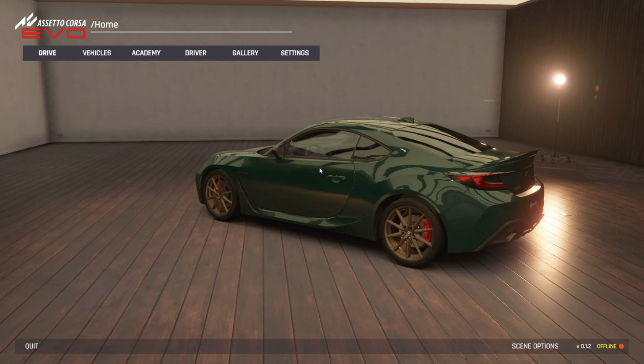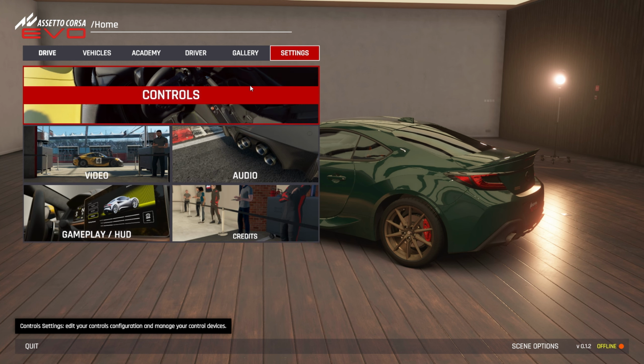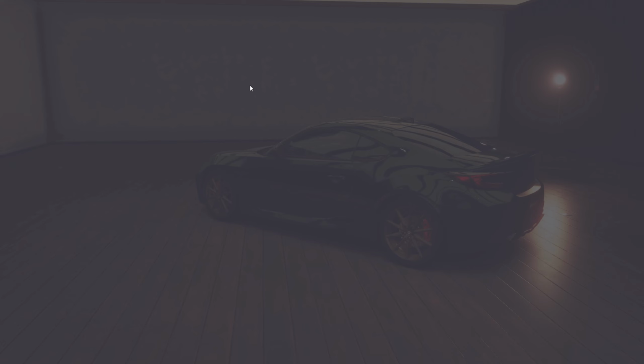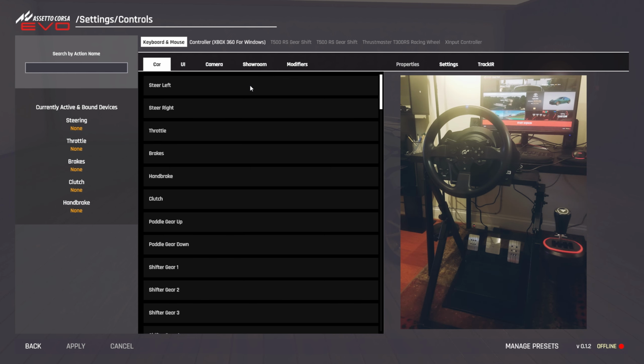So we are here on the home page with the navigation panel above. You want to click on the settings button and then over to the control settings. The configuration settings are pretty direct and very intuitive for first-time players, which is a nice user-friendly feature that Kunos and 505 delivered. Now, depending on your racing wheel setup, you may only have the racing wheel with the pedals,